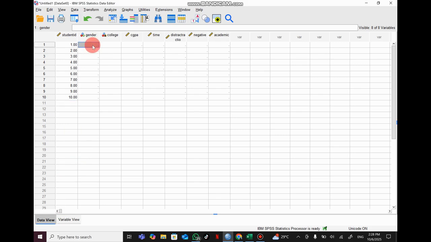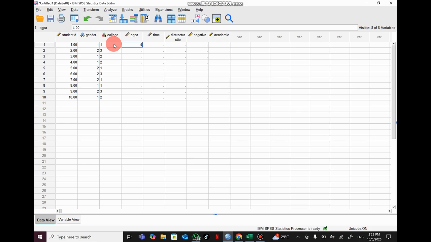For gender, because we mentioned in the labels that 1 is male and 2 is female, here we just put 1, 2, 1, 1, 2, 2, 2, 1, 2, 1. For college also, 1 is college A, so maybe this is college A, this is college 3, this is 2, 2, 1, 3, 1, 1, 3, 2.